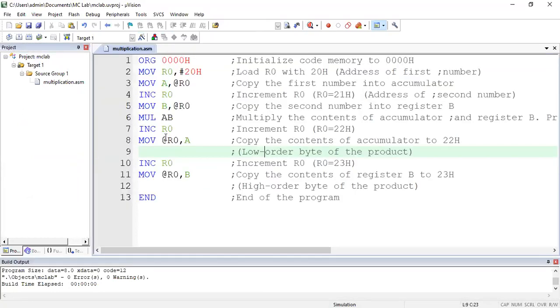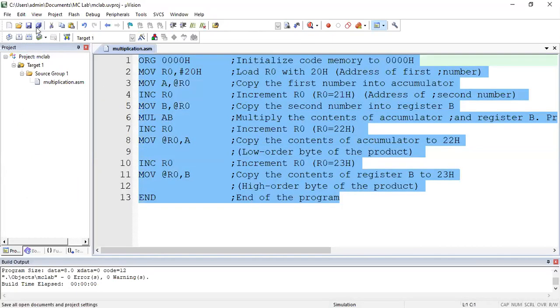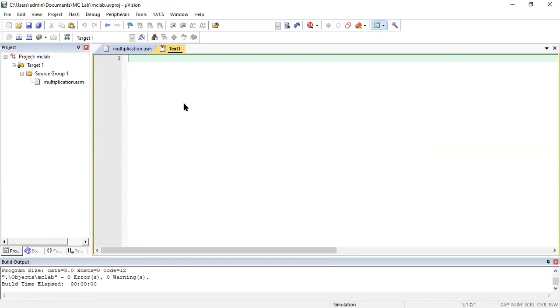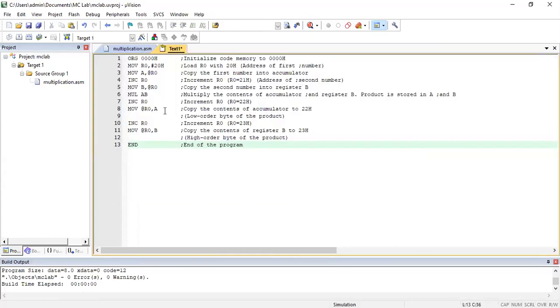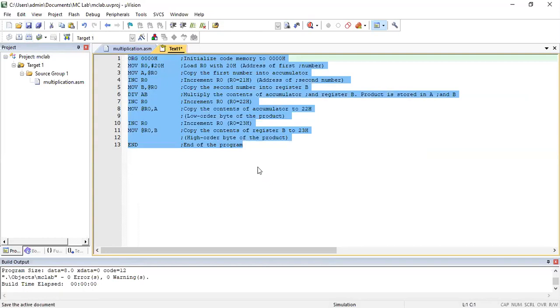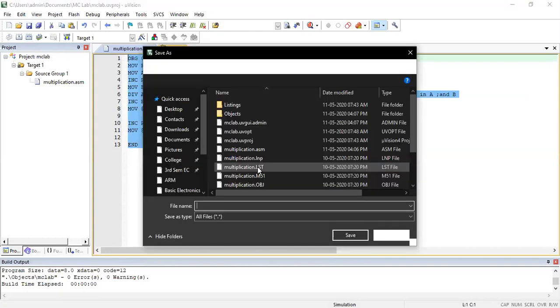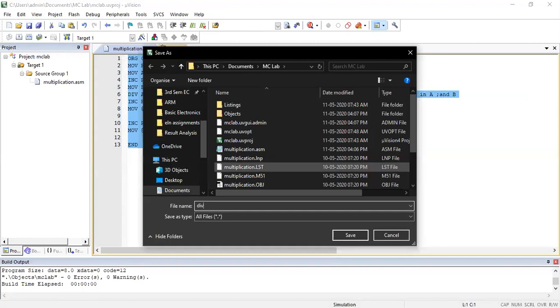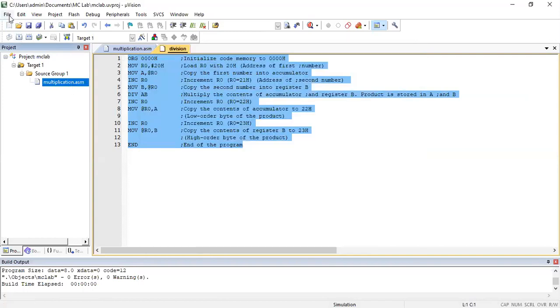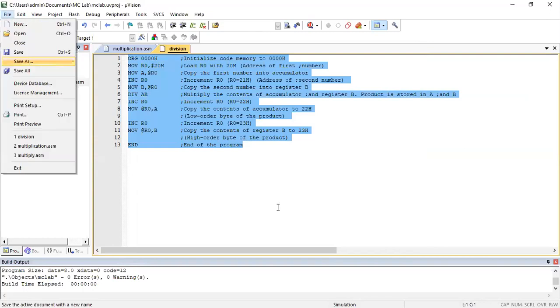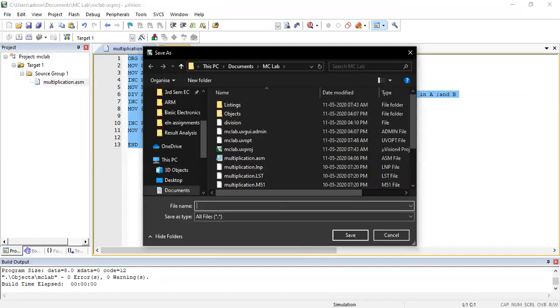Next, the same program I can write for division. Instead of multiply, I have divide, right? Just all things are same. I will save it as division.asm.